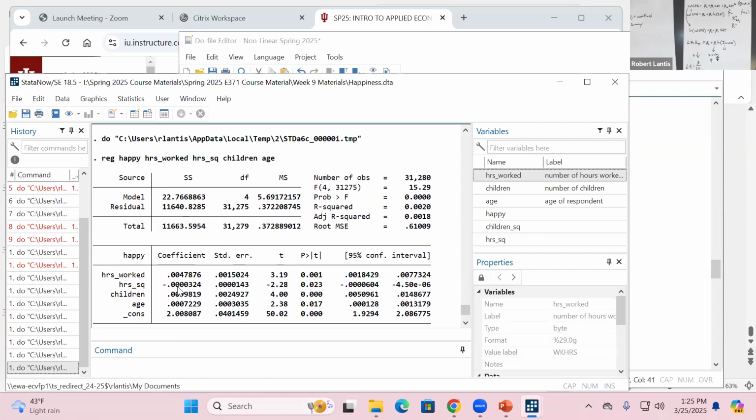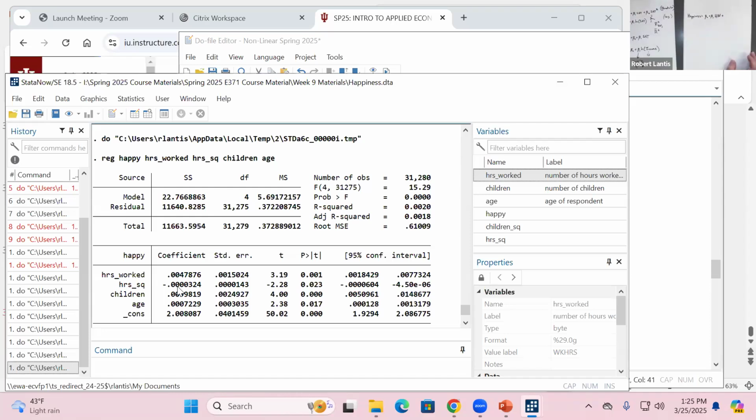So one thing that we had also talked about is finding turning points. So, right, if I have happiness and I've got hours worked,